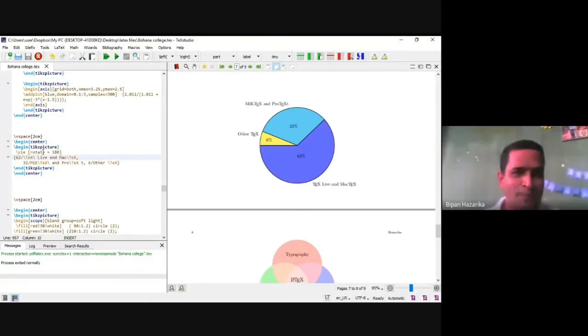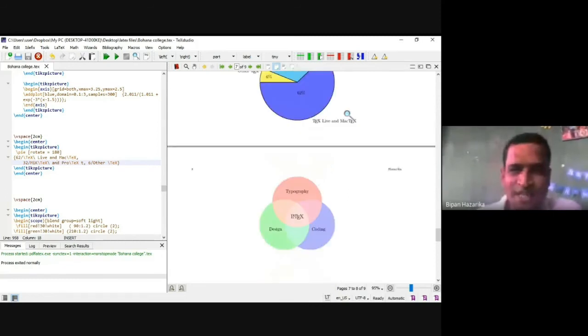Pie rotation 180 degrees. 62%, LaTeX text, and I write that 62% uses LaTeX and make text. 32% uses make text and flow text, and other text is used by 6%. I put only a very simple command here, and a pie diagram we can draw within our LaTeX file.